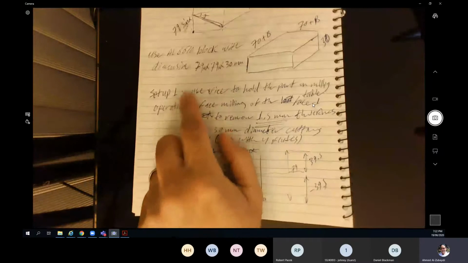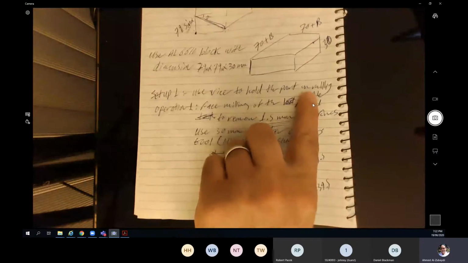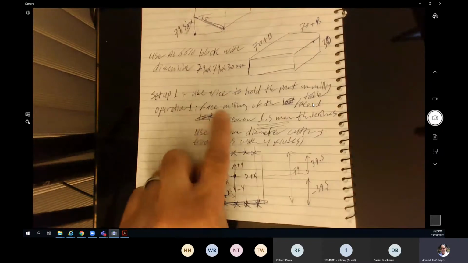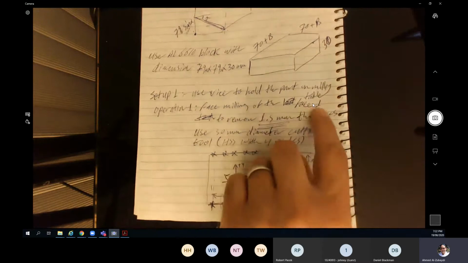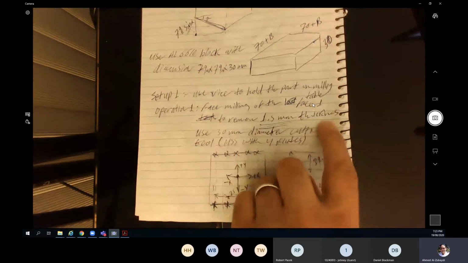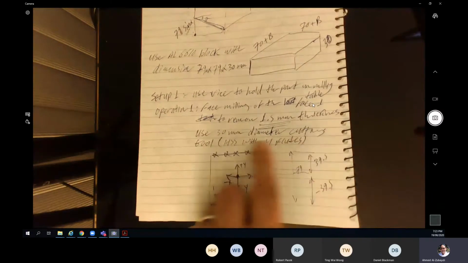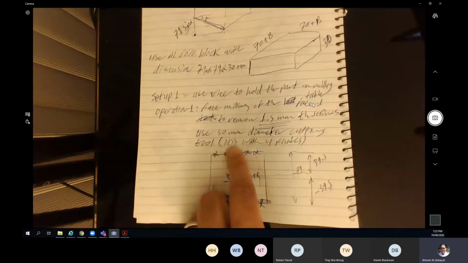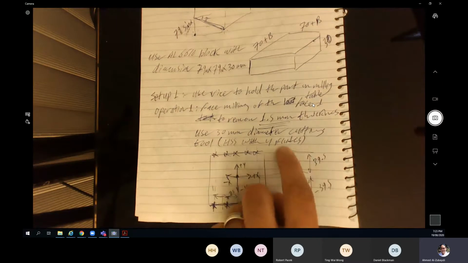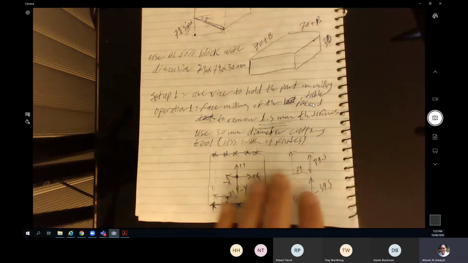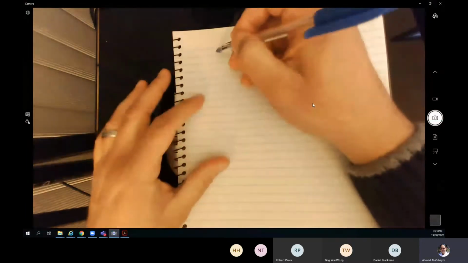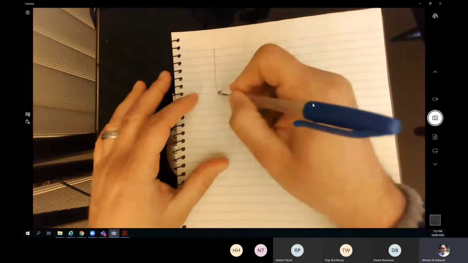You got the description, right? Would you like to see it again before I move on? Describe the setup, how we are going to hold the part. And then the first operation, face milling of face number 1 to remove 1.5 millimeter thickness. The tool is going to be a 30 millimeter diameter cutting tool, a high-speed steel cutting tool with 4 flutes, which means 4 teeth. And once again, I'm going to sketch that, and this time I will try to be more accurate with the